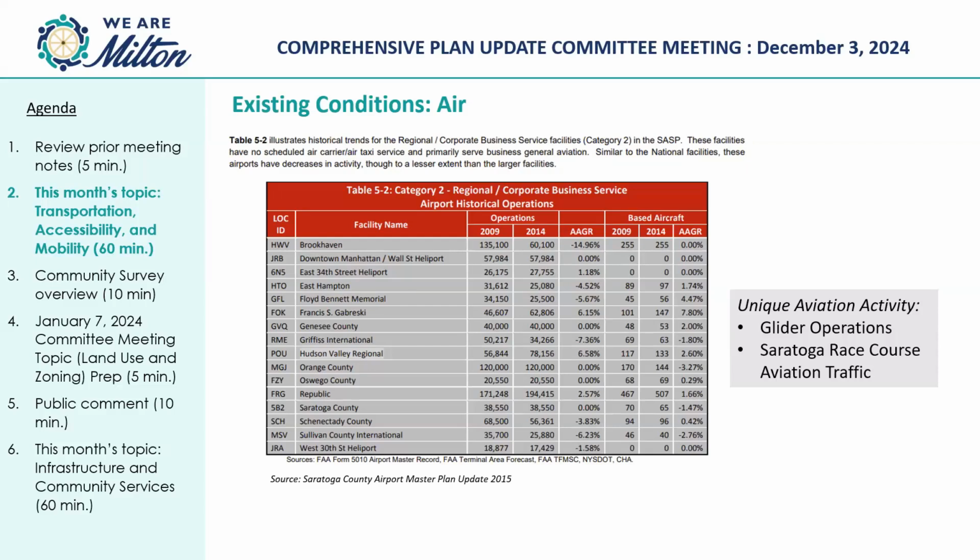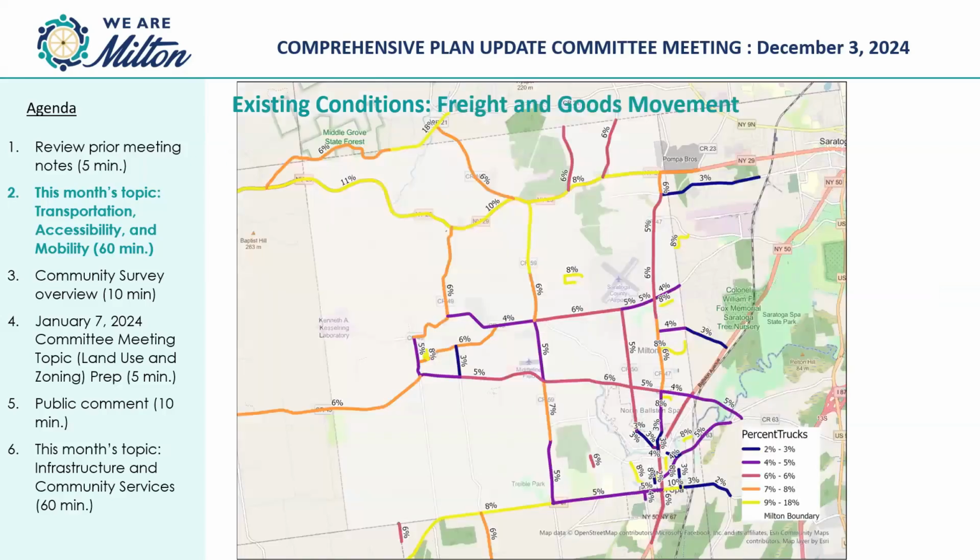One of the hookups to some of our economic development discussion: when the state commissioner of transportation recently announced funding for the improvements to the airport here, they talked about the idea that GlobalFoundries is here, and this is a real asset for connecting Saratoga County and Milton to the larger international, national, even regional economy.